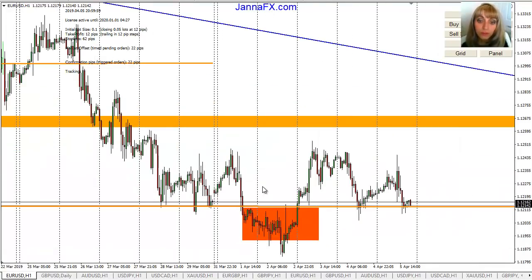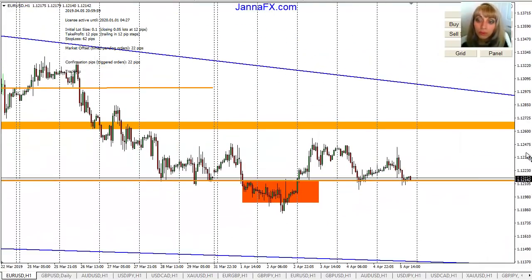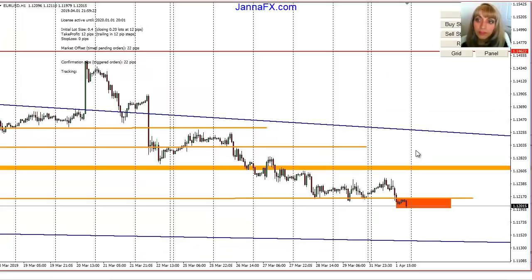So we're starting with euro dollar, and I gave you this screenshot on Monday, right? As you remember, who followed. So you see, I'm not going to give screenshots for Mondays because we're doing this technical analysis on the weekend, which I always try to post on Saturdays, sometimes on Sundays, so you would know what areas and levels I'm looking for at the beginning of the market opening on Monday. Usually, I don't like to trade on Mondays, so that's why my screenshots usually start from Monday evening, for Tuesday,